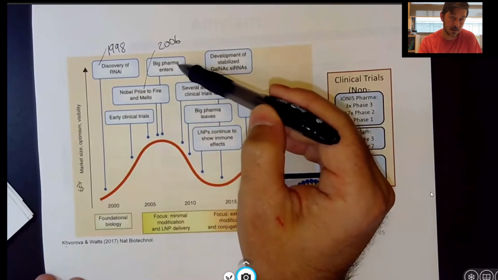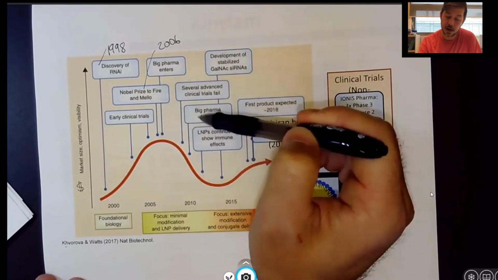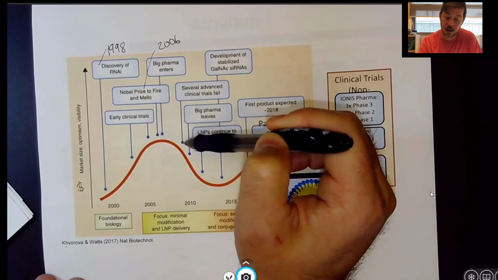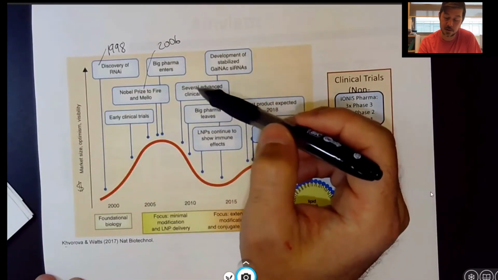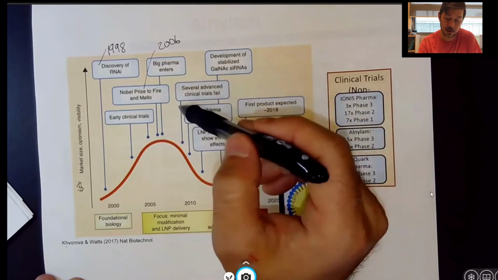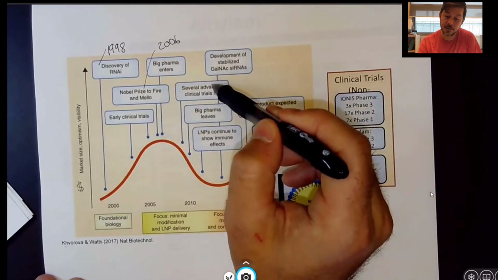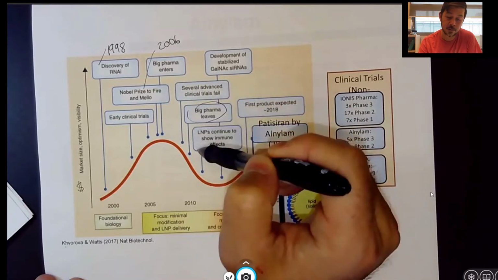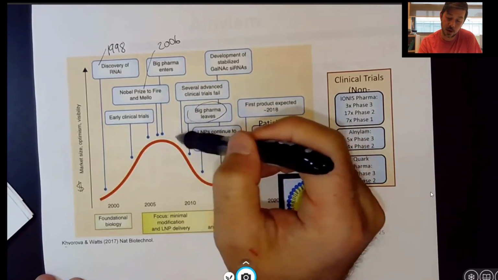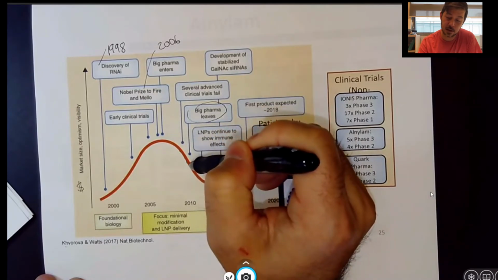Big Pharma entered, however, around 2009, during the economic downturn in the United States, and we felt that here too, several advanced clinical trials failed. A lot of big pharmaceutical companies left, market investment left as well, and then there was really very little optimism